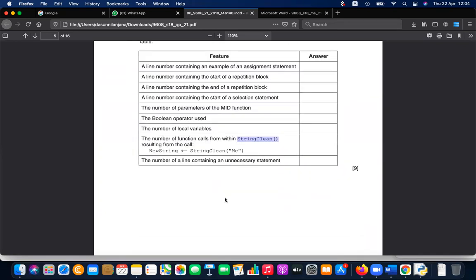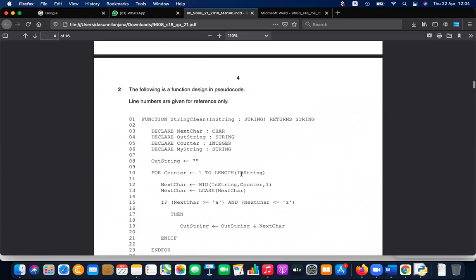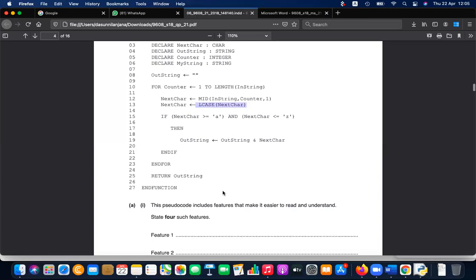I didn't get what they meant by that, sir. Sorry? I didn't understand what they meant. Number of function calls from within string clean. So how many functions will be called inside the string clean function when you call this? You can just count the number of functions. This is a function, length 1, 2, 3, and